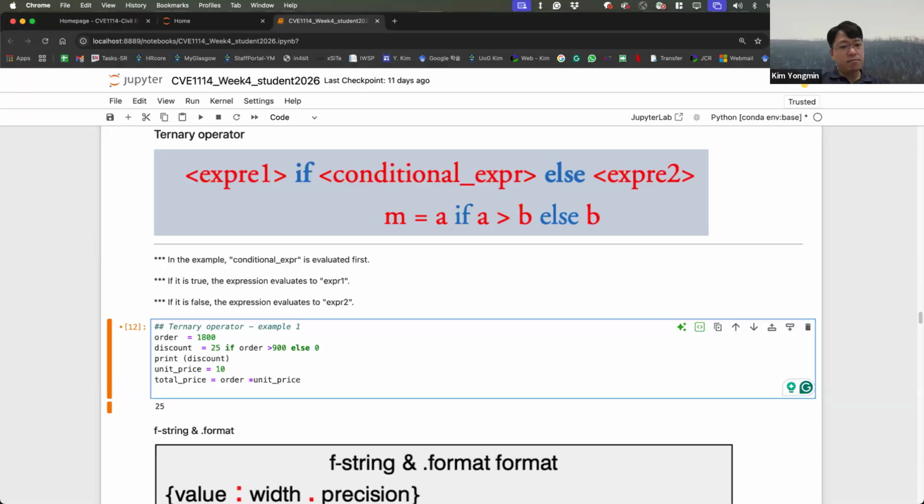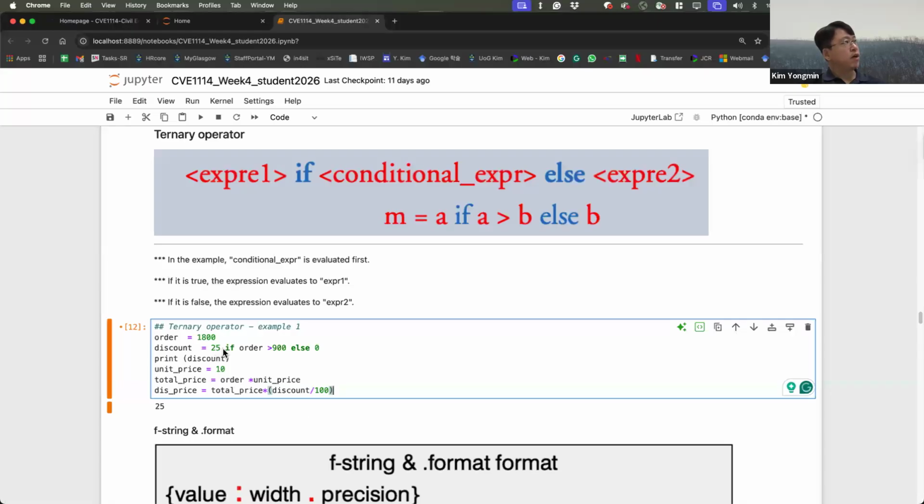And then we also want to know the discounted amount, discount price, total price times discount. This discount came from here, right? Discount divided by 100, which is the percentage.